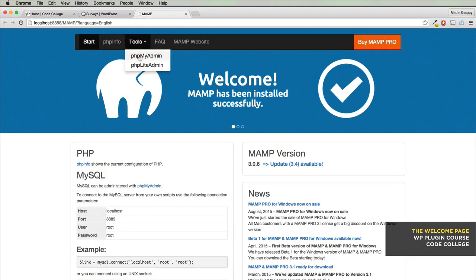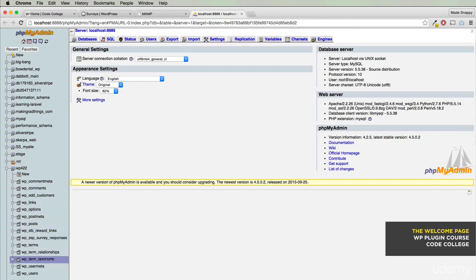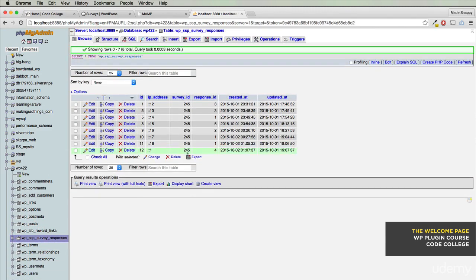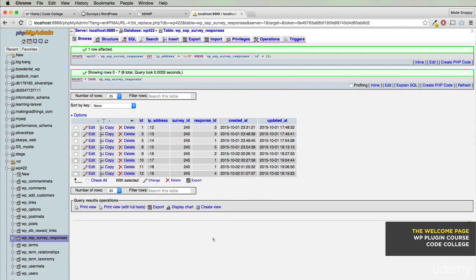I'm going to open up my start page, navigate to Tools, my PHP admin. And I'm going to look in my WordPress's database here and find our custom table. Here it is. So here's my result from the previous day. So if I just change this here and I update the IP address to something that's not my IP address, I should be able to